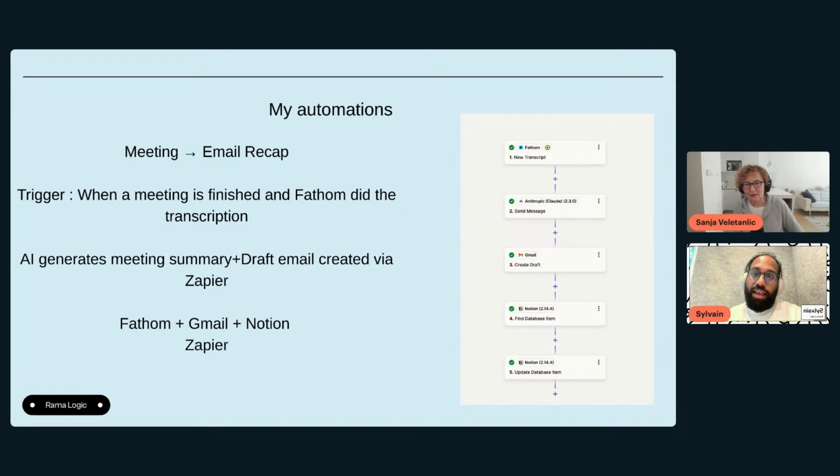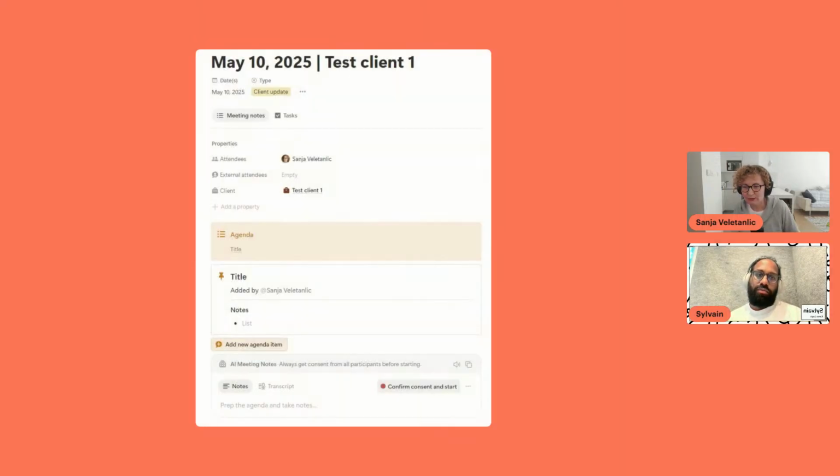Cool, cool, cool. Now that you already mentioned it, just to show it here, the meeting notes in Notion actually. This here is just an example of a template for a meeting. Here we have some of the main properties, and here we have the agenda, and then a button to add new items to the agenda. Below, I'm not sure whether you can see my mouse on the screen or not, but here at the bottom you can see AI meeting notes.